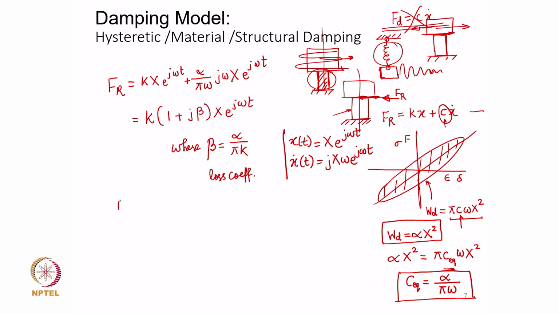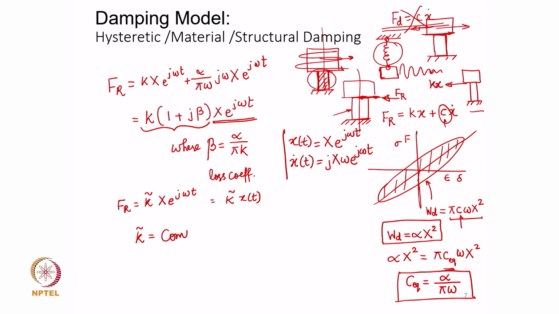But if you now compare this restoring force to the typical restoring force of a structure, the restoring force for any displacement is going to be k into x. Here, the same way, we can write this as k tilde X e to the power j omega t, or I can write this as k tilde x of t, right, because this is nothing but x of t. And this I will call K tilde, where you can very clearly notice from this expression that it is now turning out to be a complex stiffness, right. So, the stiffness which we are getting in the structural damping case is a complex stiffness. You can see that there is a real part and an imaginary part associated. So, this is the complex stiffness that we get